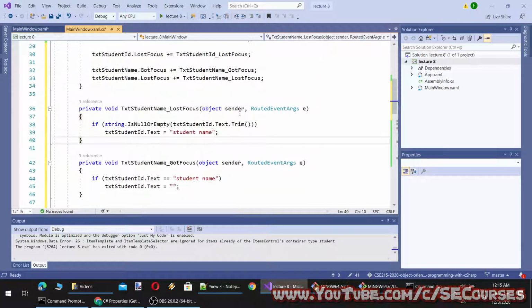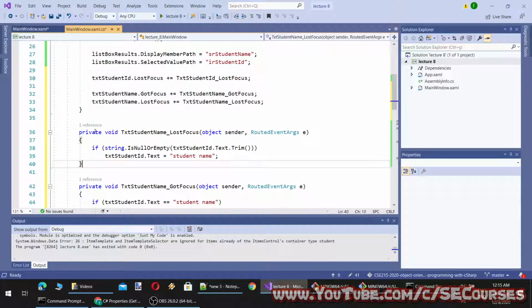I could also make them as a single method. How can I do that? I'm not sure, but I will check if it is possible or not.